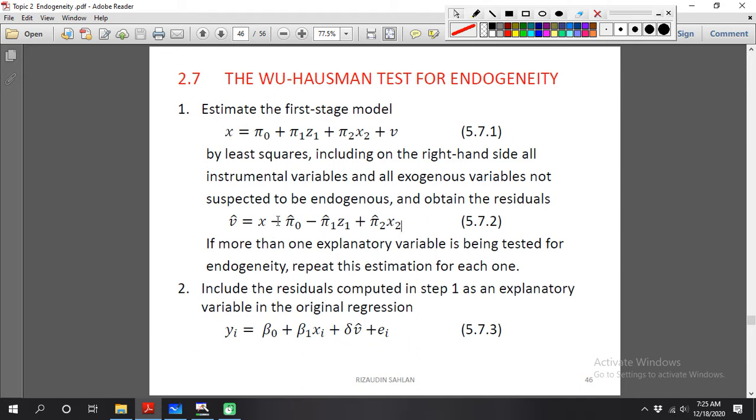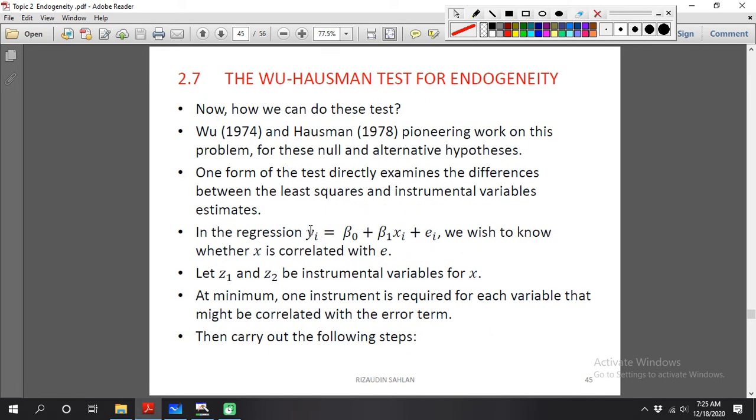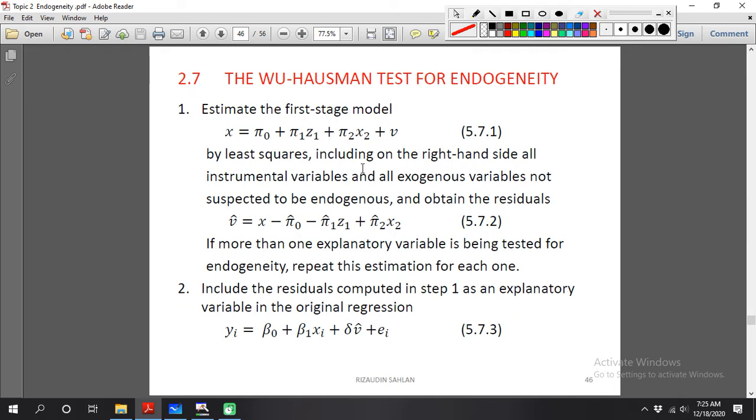After we have the residual from the reduced form model, we include the residual computed in step 1 as an explanatory variable in the original regression. So y is regressed on x1 from the original model plus the residual.